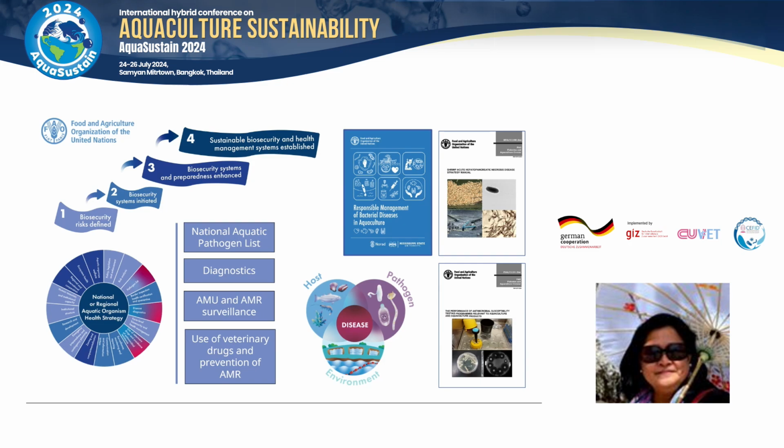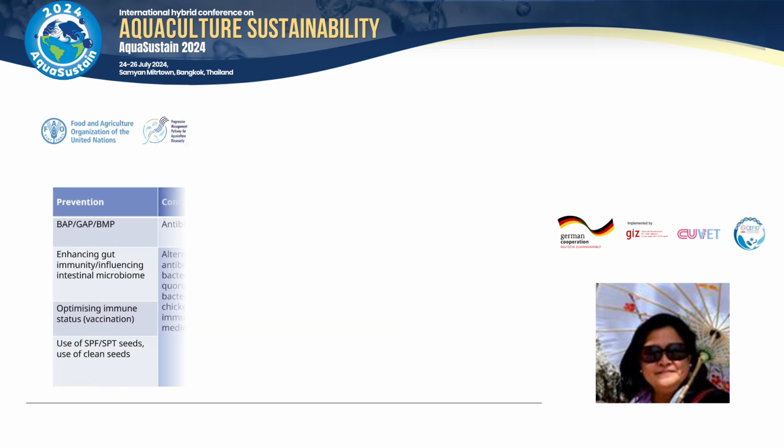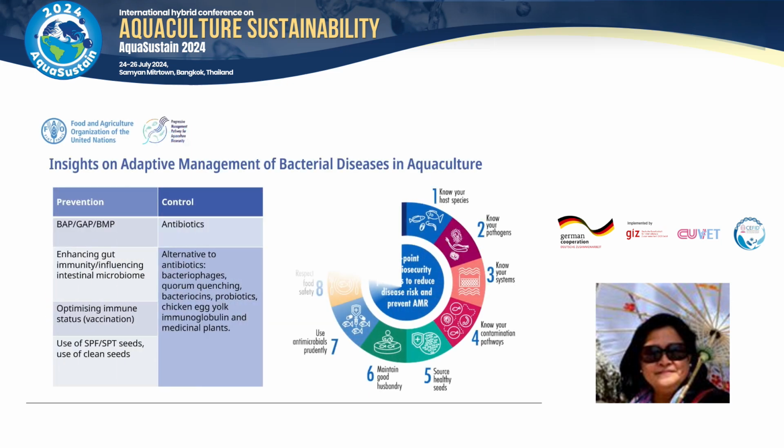A pathogen list is an important requirement in order to determine what hazards a country is protecting its sector from. Diagnostics, another essential element, is important as treatment should be based on correct diagnosis, and for bacterial diseases, antibiotic susceptibility testing is needed. In terms of our insights on adaptive management for bacterial diseases in aquaculture, I have divided them